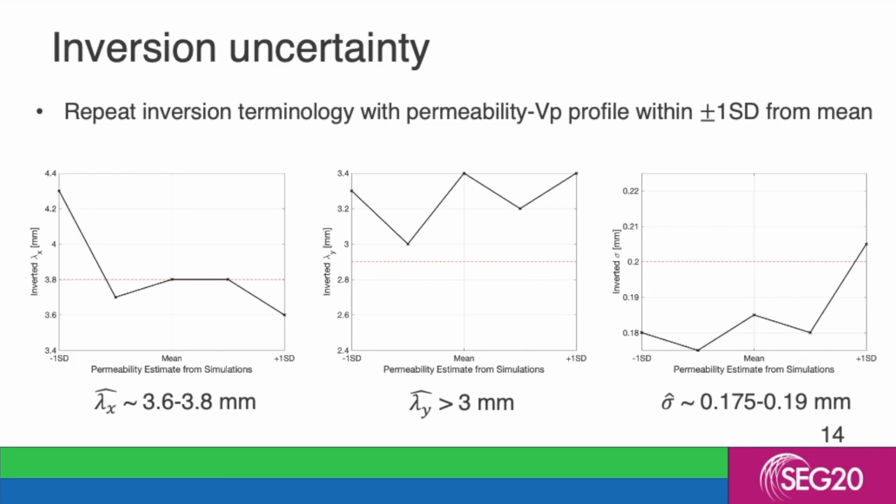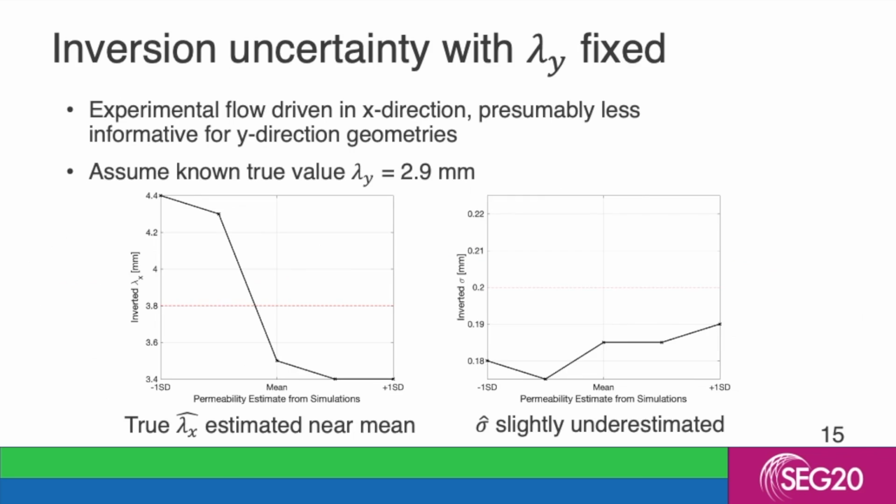So this problem is inverting for 3 parameters in total, but what happens if we reduce the problem to inverting for 2 parameters only? The idea is that since the experimental flow is driven in the x direction, presumably there will be less information for y direction geometries. So we can see what happens if we have lambda y fixed. In this case, we are going to fix it at the non-true value, which is 2.9 millimeters,